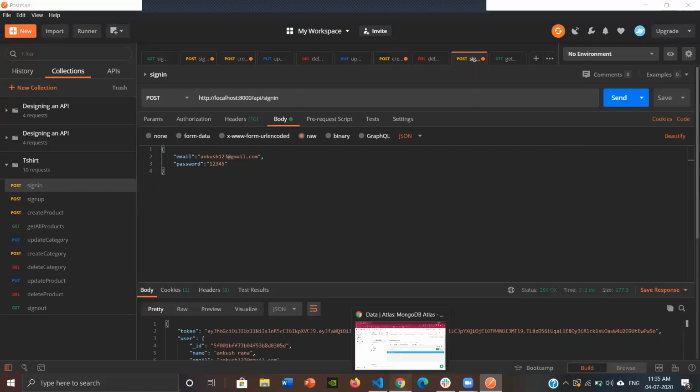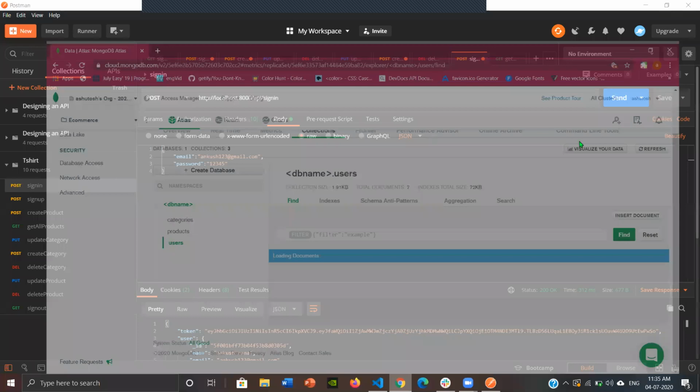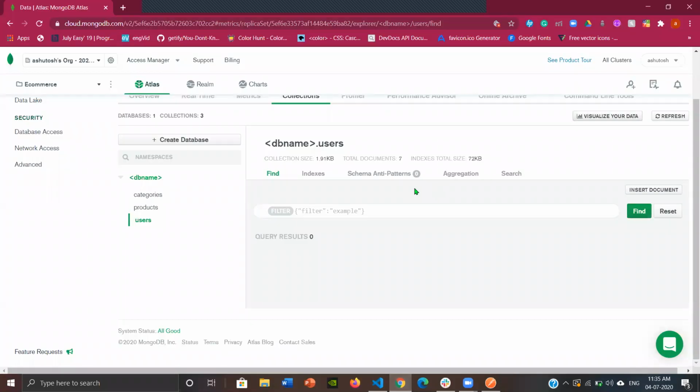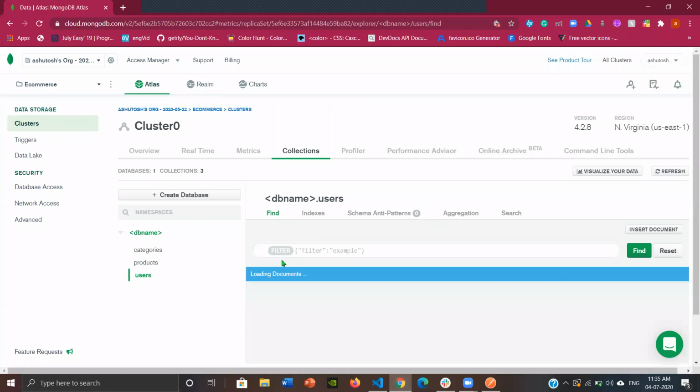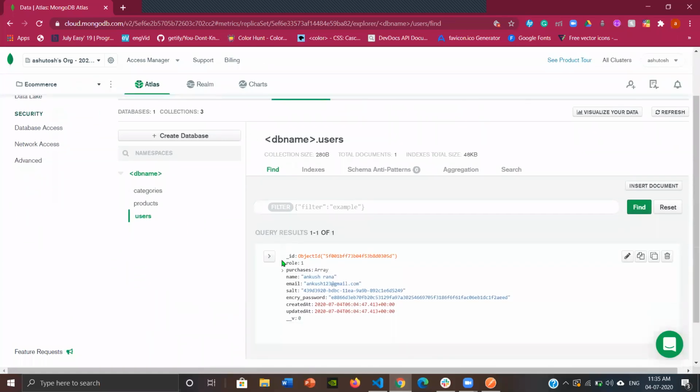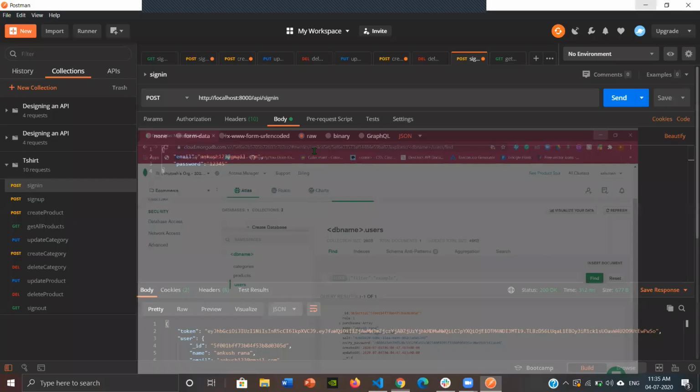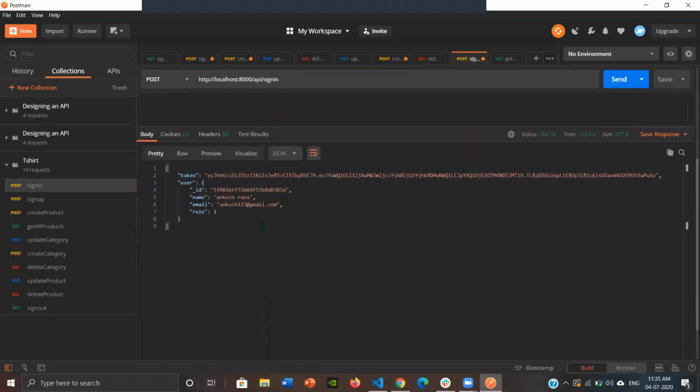So we did a sign up, and in this we have created a new user. Let me show you in Mongo Atlas, which we have used as a database. Here, this is the user with a role, name, email, the encrypted password and the created at field. This encrypted password is there so that, if we want to reset the password, we can easily reset it and we know the user. So let's now continue to the sign in process.